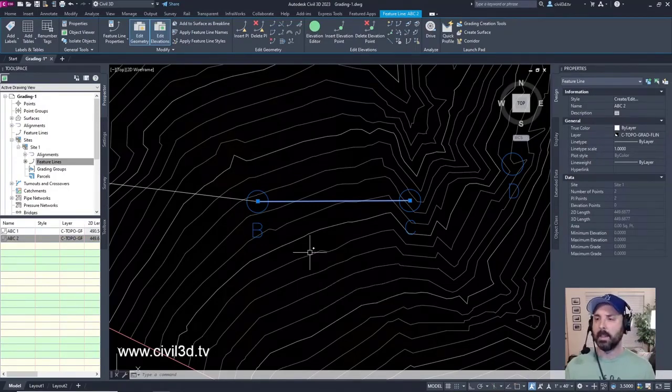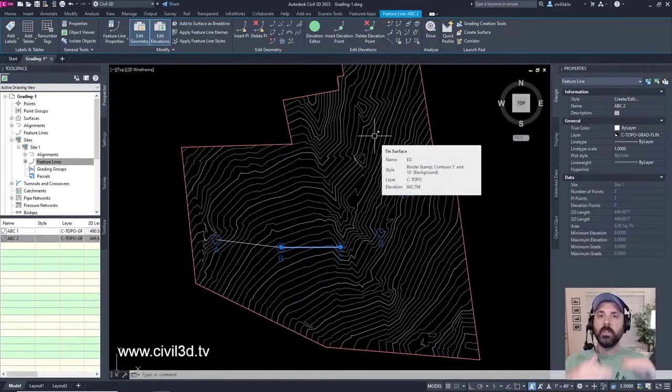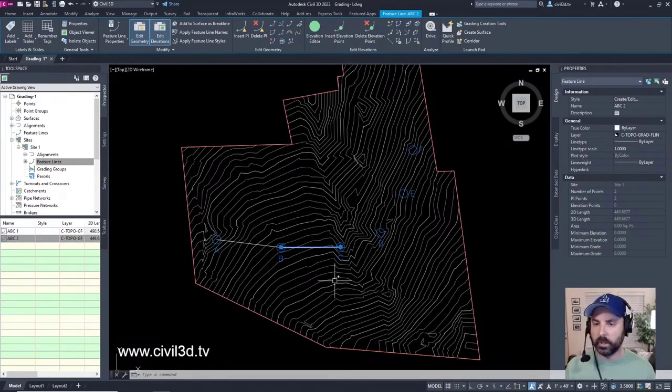There are times where you could have like three different parking lots on this site, and you're using feature lines to generate your parking lot. Well, which set of feature lines are within parking lot 1, which feature lines are within parking lot 2, and so on and so forth.